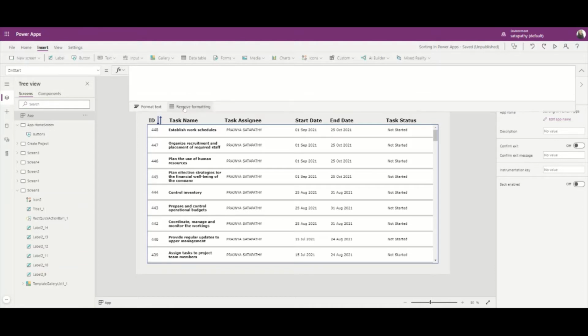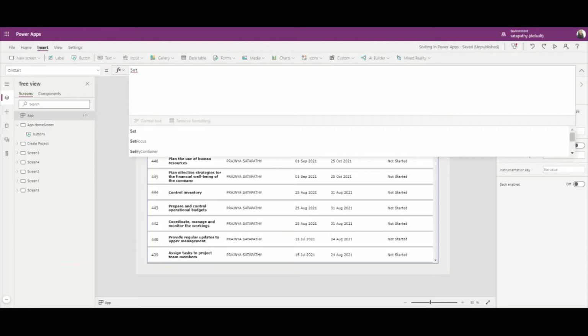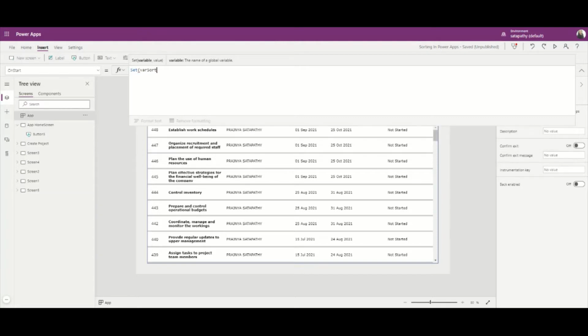and I will declare here two variables. Set varSortColumn. It's for the column which I want to sort first. In my case, the first one is the ID column.